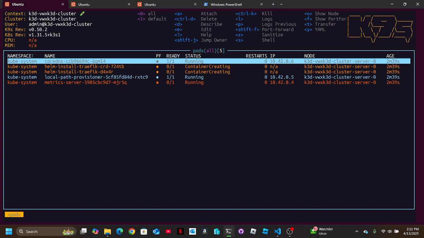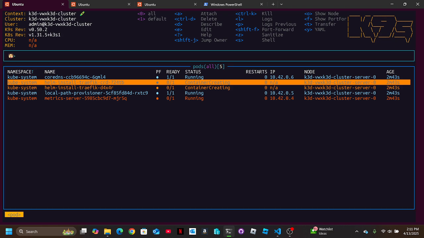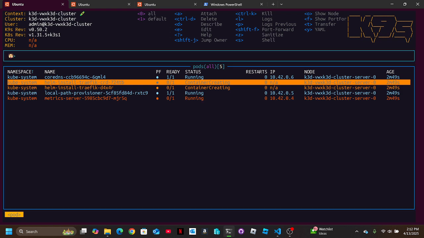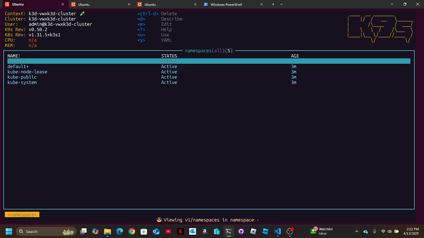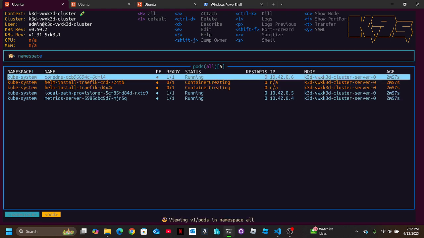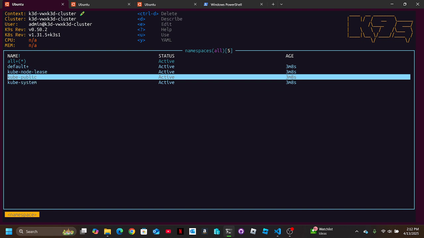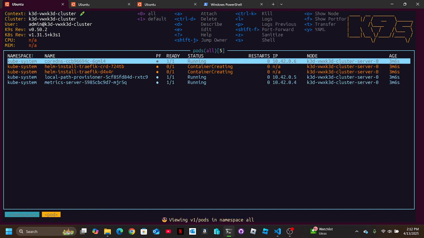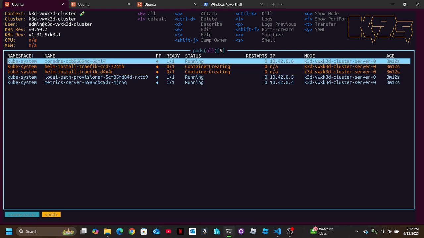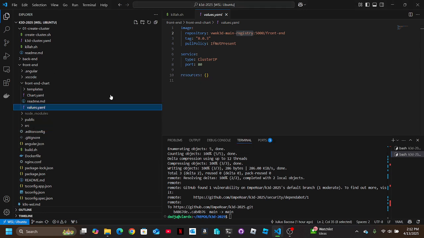So that is the pods, namespaces. Okay, namespace, all namespaces. So these are the current namespaces. Pods. What is this? Okay, so what we wanted to do next is